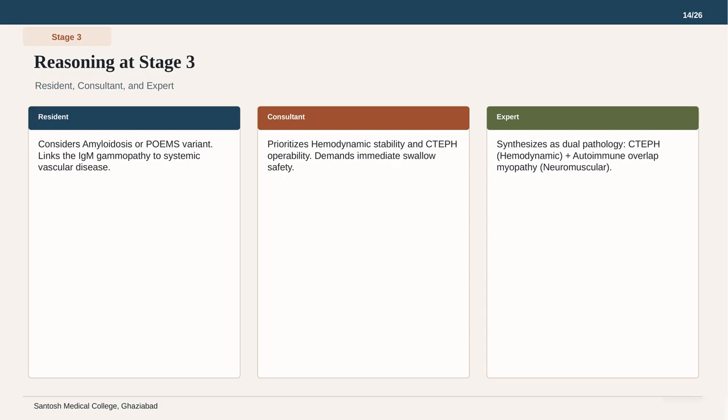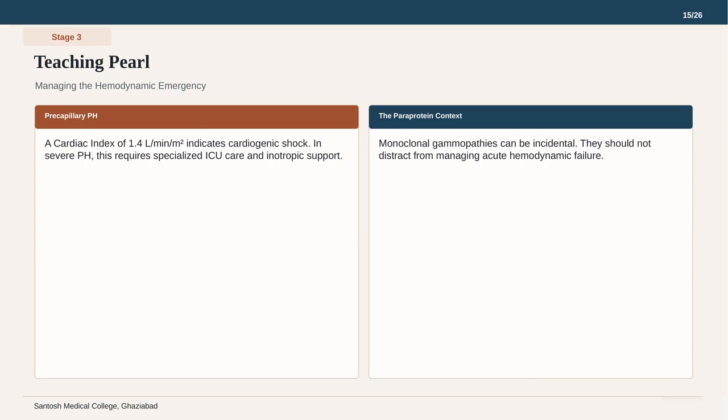Before moving to the neuro workup, let us look at a pearl regarding hemodynamic management. This teaching pearl focuses on managing the hemodynamic emergency. As shown on the left, a cardiac index of 1.4 liters per minute per square meter indicates cardiogenic shock. In the context of severe precapillary pulmonary hypertension, this is a medical emergency that requires specialized ICU care and inotropic